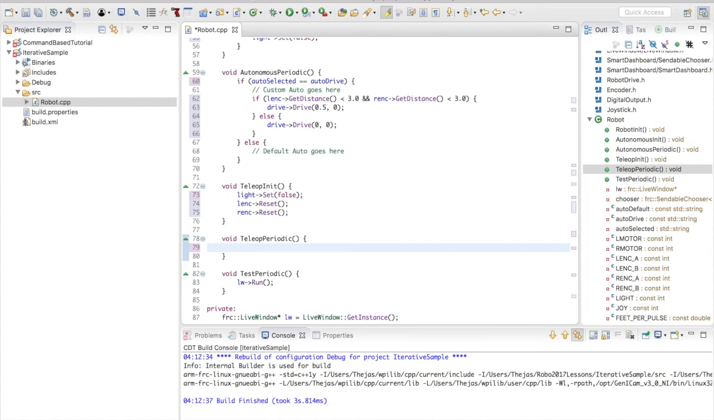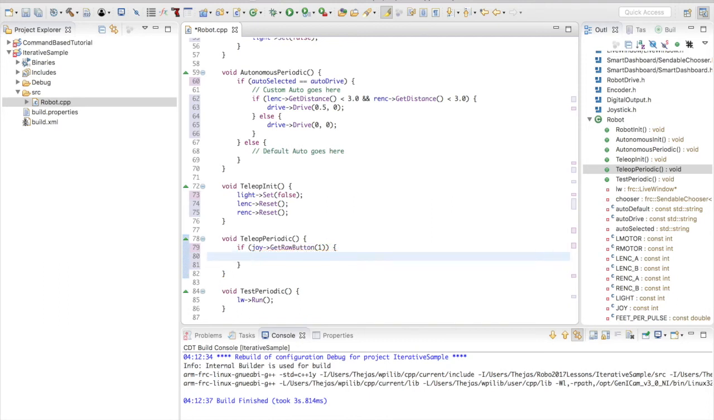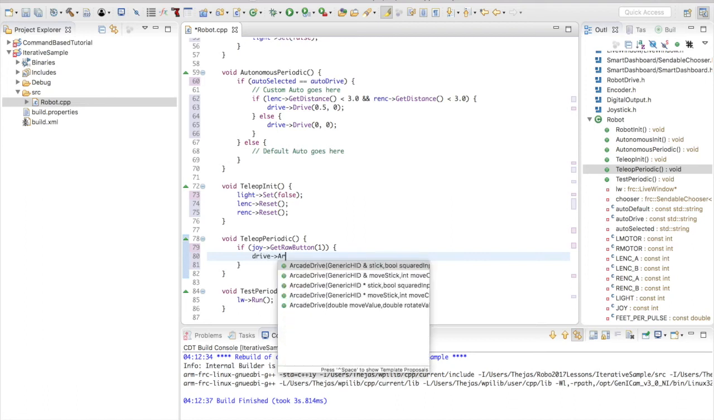So what we're going to do is say if joy, and the way to get button input is get raw button, and you're going to have to look up your specific joystick to find out what inputs are mapped to which ports, but I'm going to pick an arbitrary port here. Let's say port 1 is our arcade drive port. So if that button is pressed, we're going to drive the drivetrain using arcade drive. So we'll say drive arrow arcade drive,